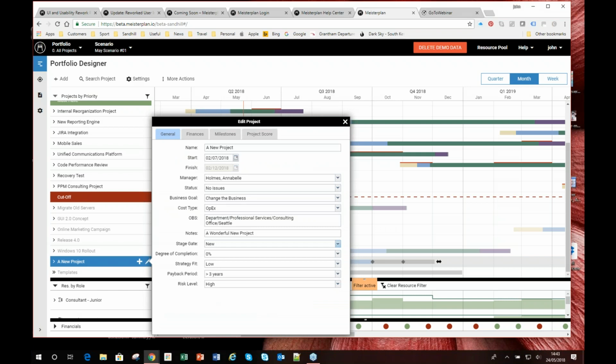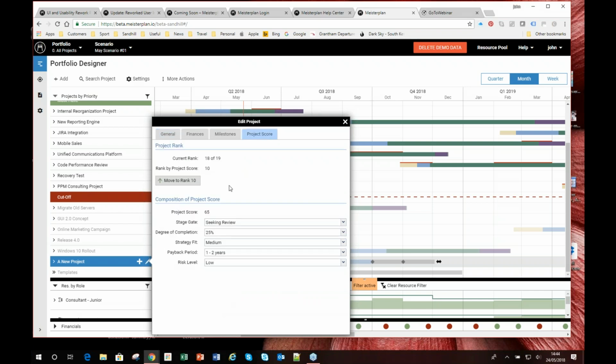So I'm just going to make some slightly different changes here. Maybe this project actually, we hadn't realized it's already been on the go for a while and there's already resources committed to it. It actually fits the strategy a bit better, and the payback period business case is a bit better, and really it's a bit lower risk than it was before. So I've changed some metrics on here, and what that has done to the project score now has given it a